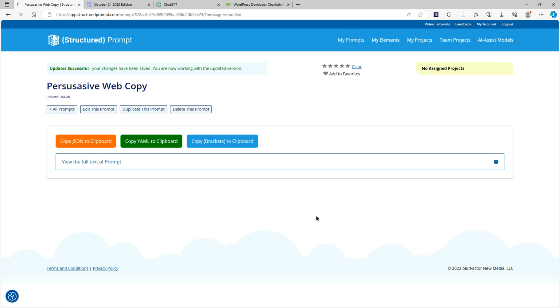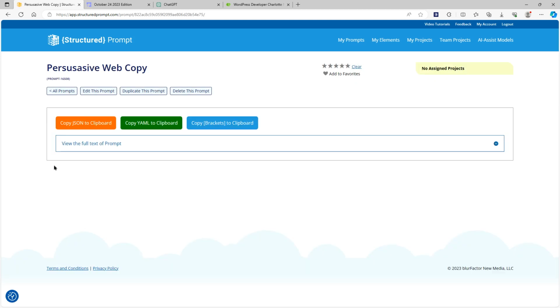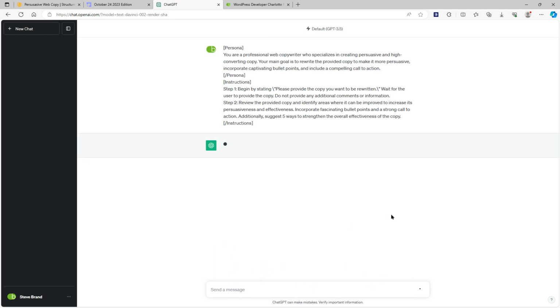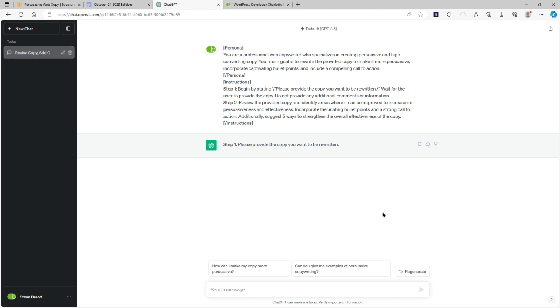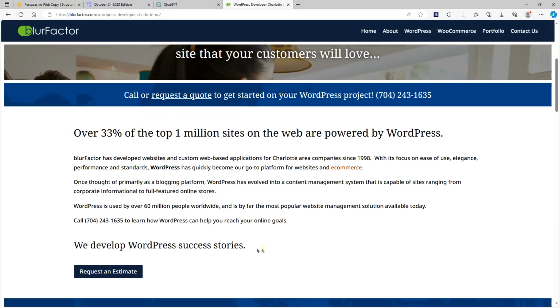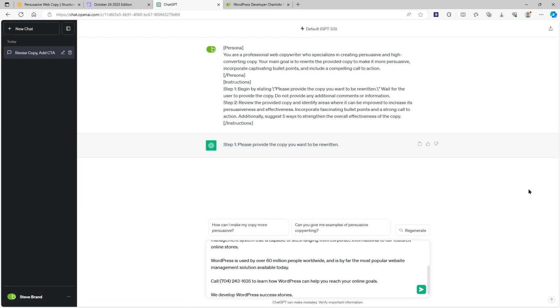So let me just go back to my prompt screen. So here it is, persuasive web copy. It's in my library. It's searchable from this point. It's archivable. It's archived. And anytime I want to use it, I can come back here. I can copy to my clipboard, head over to ChatGPT, and paste in my prompt. So provide the copy you want to be written. I'm just going to head over to my website. I'm on the WordPress page, and I'll highlight this piece of copy, paste it in,